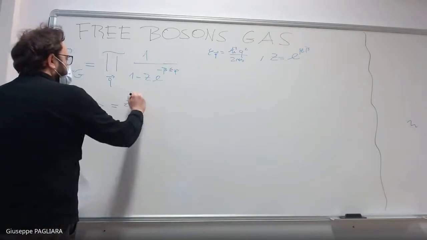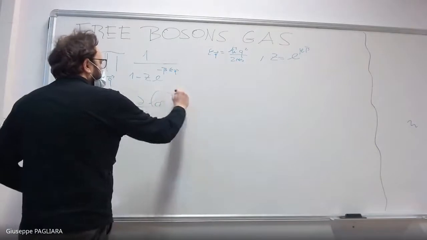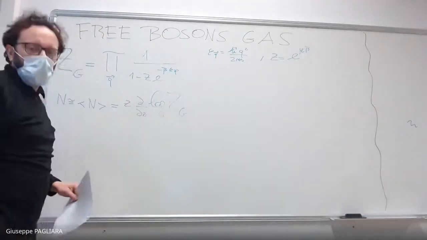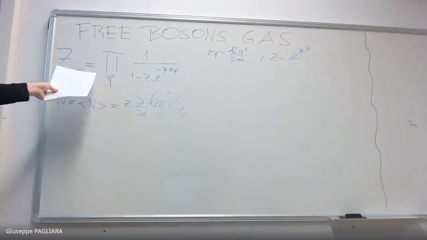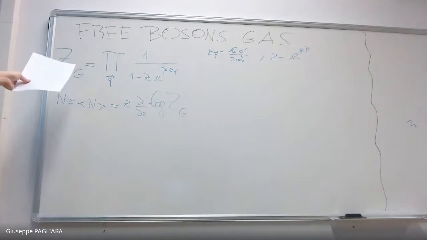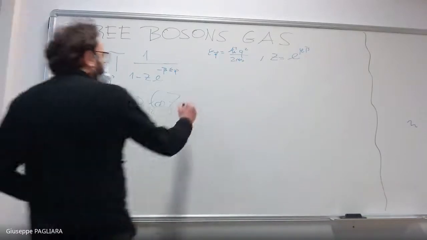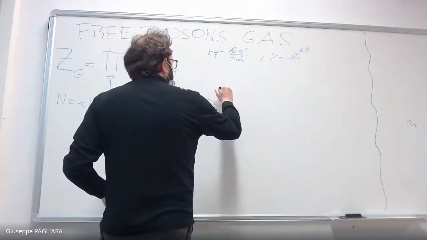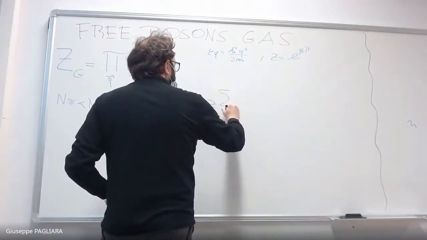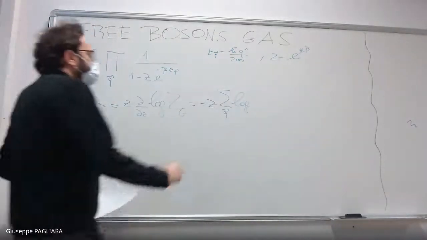So in particular, this was z times the derivative with respect to z of the log of the Grand Canonical partition function. Okay. So I take this quantity, I make the log. When doing the log, a product becomes a sum of logs. And then I have a minus here, so it should be written as minus z sum over q of the log of 1 minus z